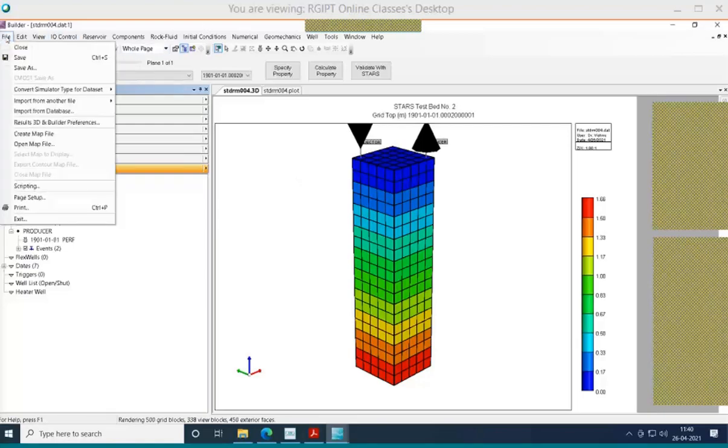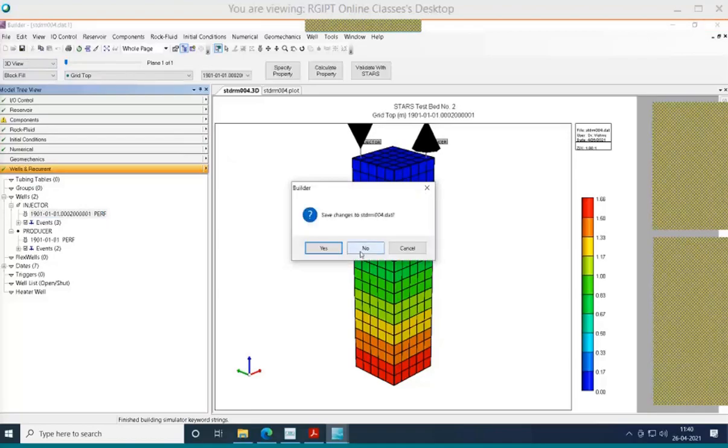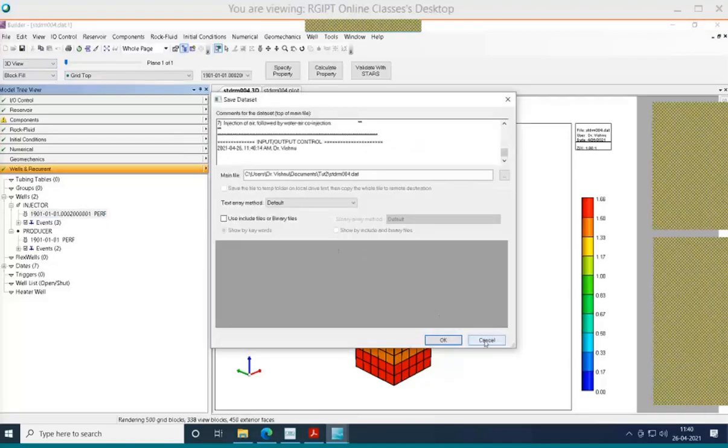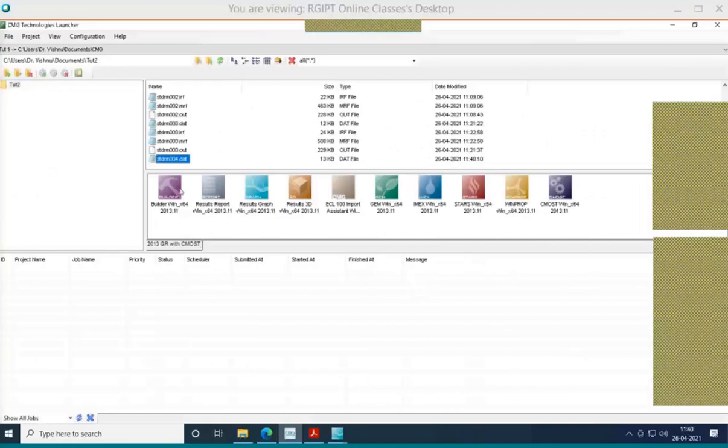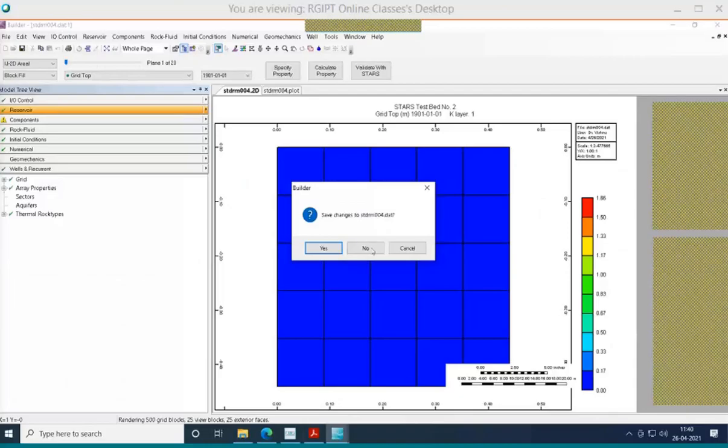So let us save this configuration. Save and close. So we have closed it, and then let us run this one. Let me close everything.